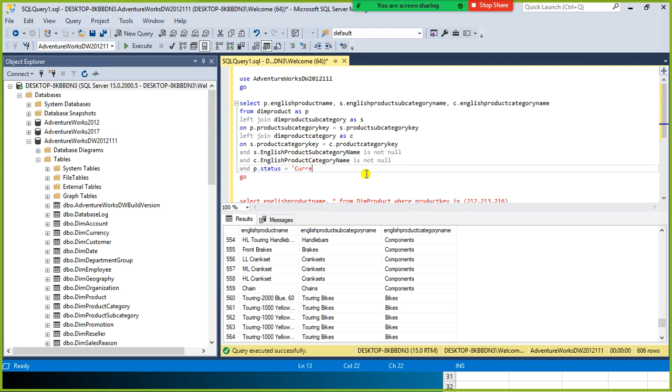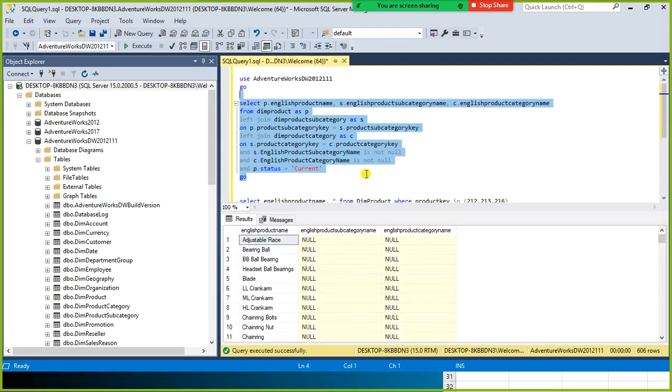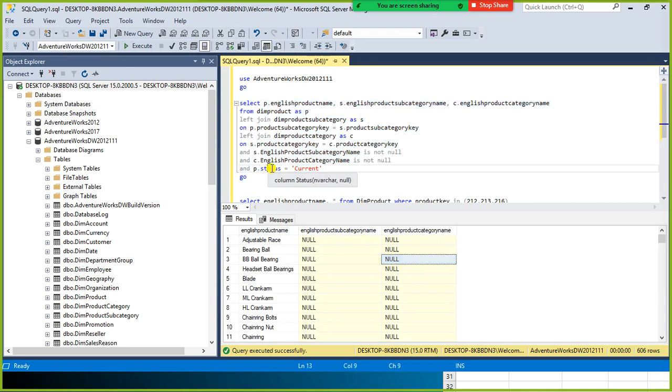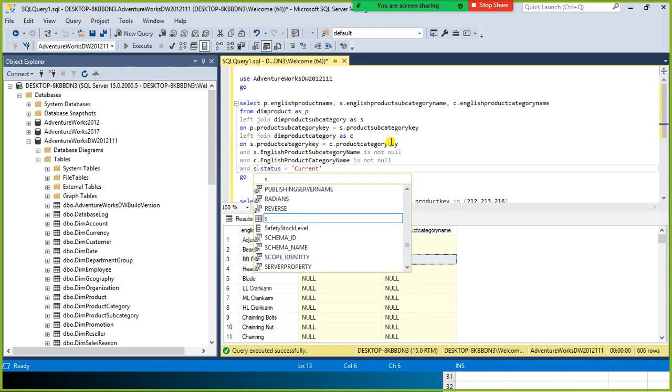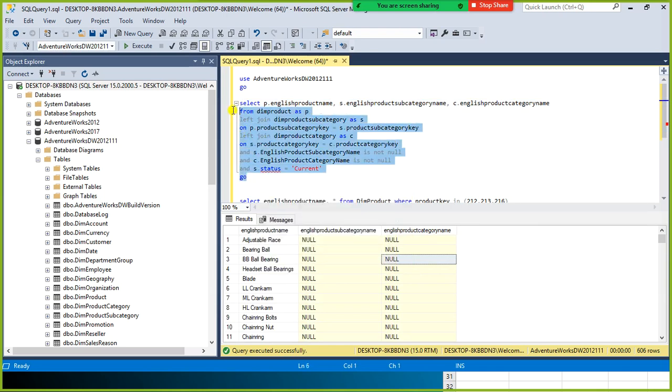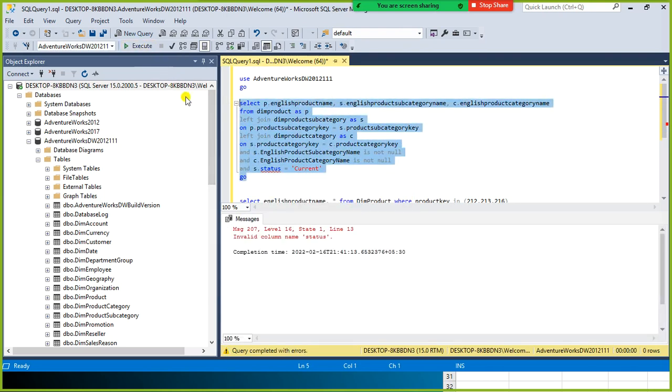But I'm not sure whether they used small letter or capital letter. Still it shows this one. For the subcategory, ideally I should have mentioned, instead of P we can use CS here. Even in the subcategory, I guess, no, status is not there, it will be in the product table only usually.